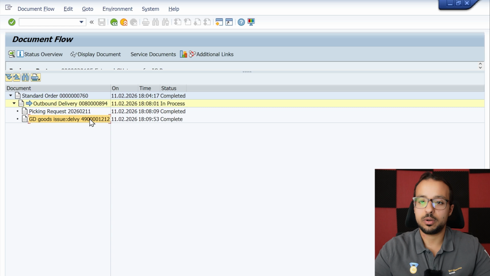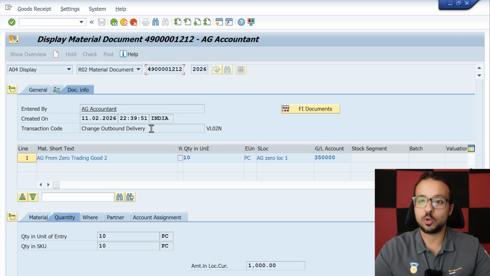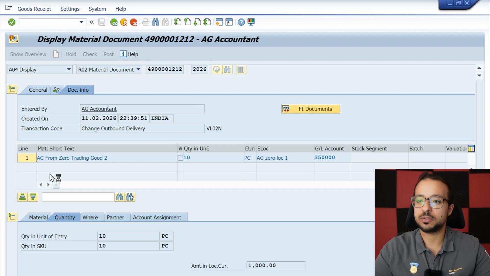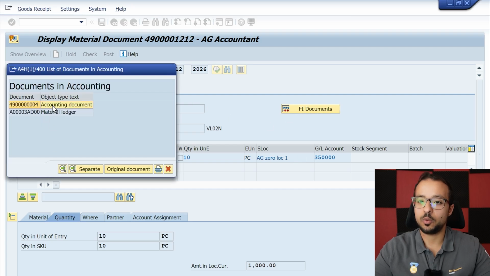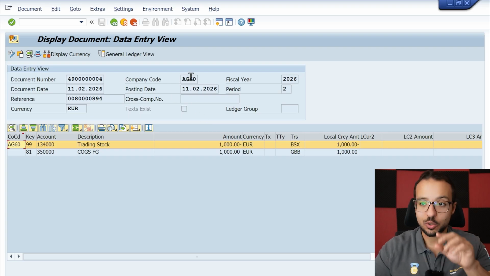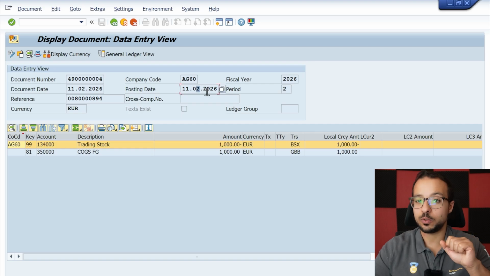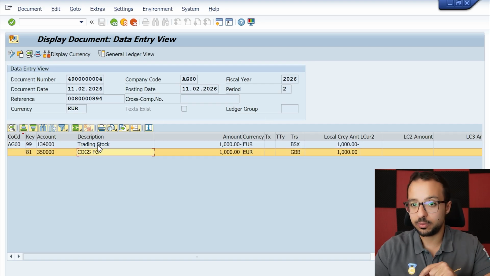And here we have our material movement. So double click here, click on display document. So this is our material management document. You can find here the movement type and all the different details. And then from here we can go to document information, FI documents, accounting document. And there is our accounting entry in company code AG60, so the owner of the supplying plant, posted in February 2026. So in the current period, we have debit to cost of goods sold and we have credit